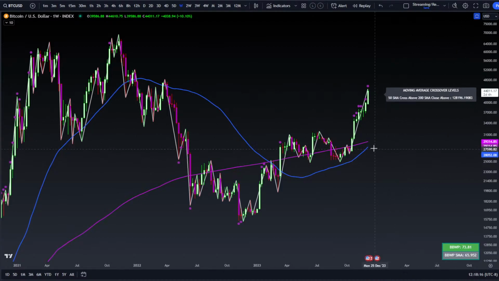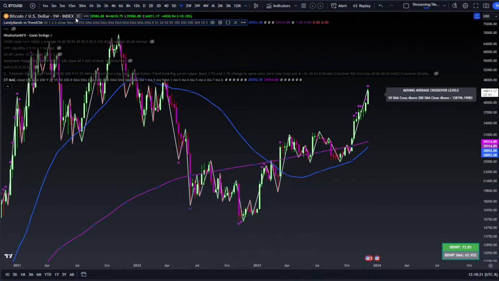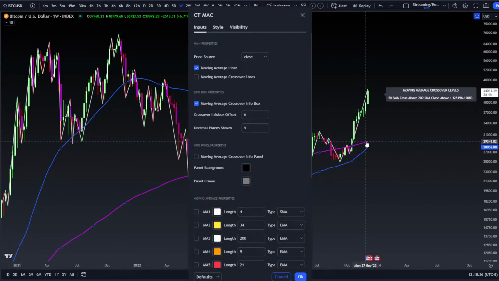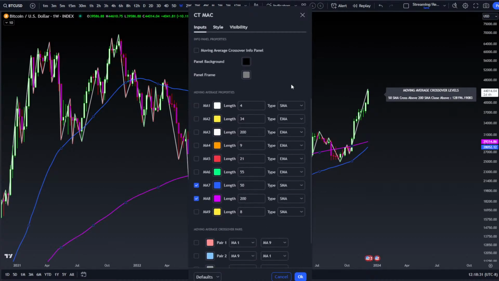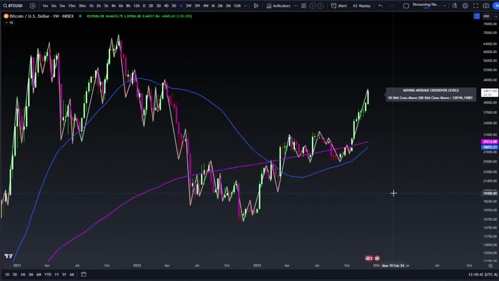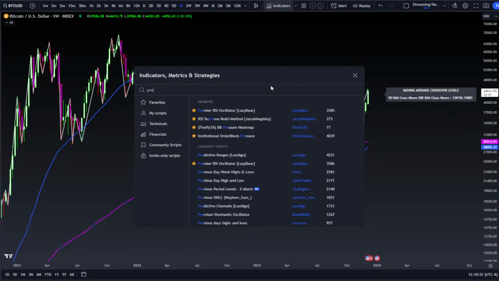That's what this is over here. All I did again was use, this is my trend checker because I still have it on. I just used Caretaker's moving average crossover, turned on the 50 and 200, made sure the info box is on, and then showed when the MA7 crosses the MA8. And they're both SMAs. In this case, there is another way to somewhat project. You can do predict MA. So if we want to predict